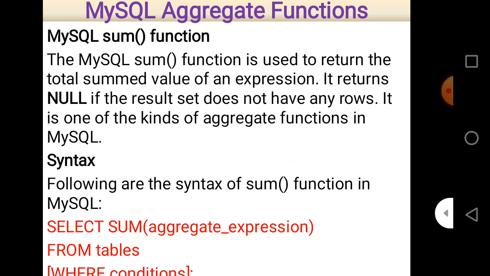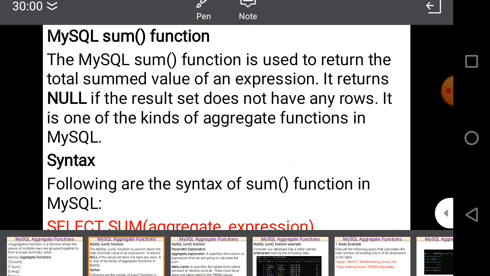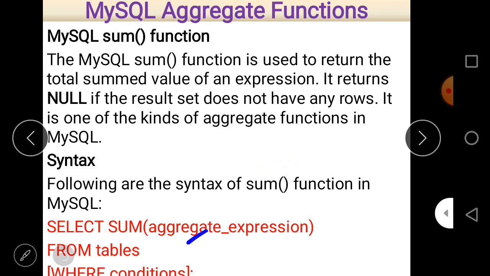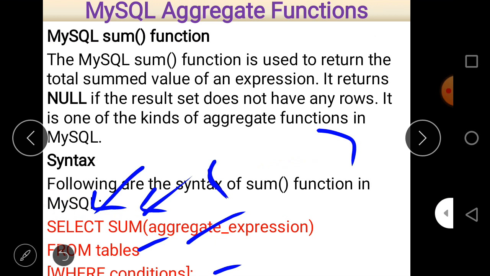That is the syntax, which is marked with a red pen here. This is select sum. First of all, use the keyword sum. All aggregate functions we can use with the select statement. So just write select and then the name of the function, and after that the parentheses, which indicate it is a function, and here we write the aggregate expression.